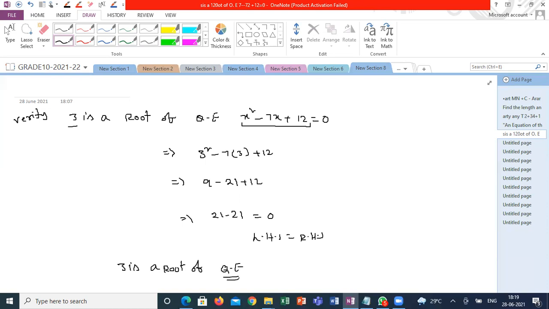Sir, is root like some solution? Yeah, root means some solution, not the square root, and it's not an exponent. Okay, sir. You can call it root or solution to avoid confusion. Roots of a quadratic equation means it is one solution of the quadratic equation. Shall I give some numericals based on this? Yes, sir.